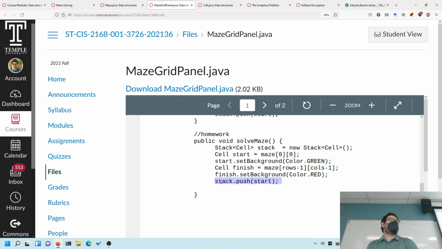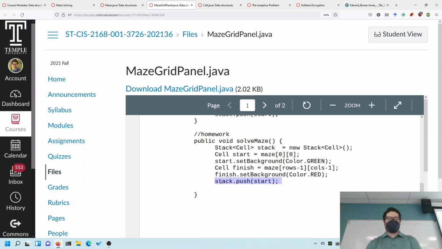But basically your current position is going to be the head of the list. And if you want to move to your next position, you just push, or add, a new item to the stack. Make sense? And if you need to go back, you pop from the stack to back up.